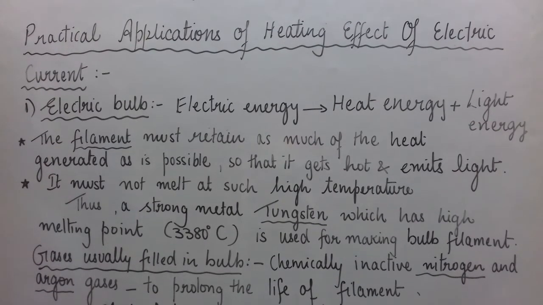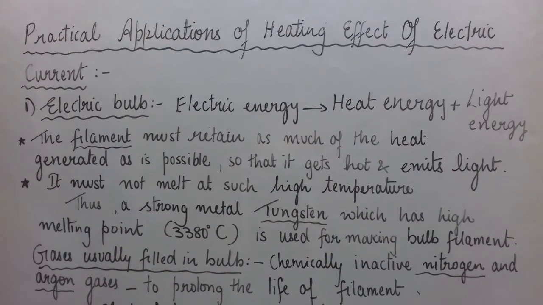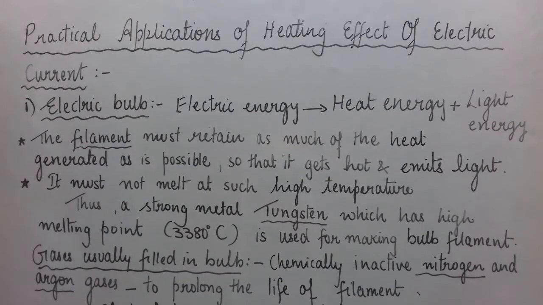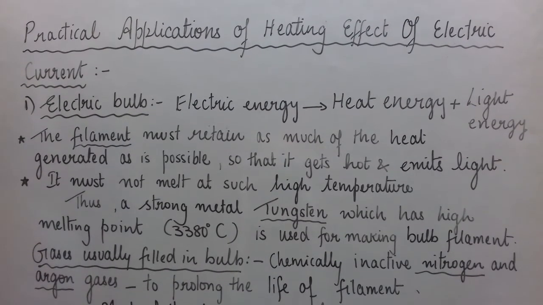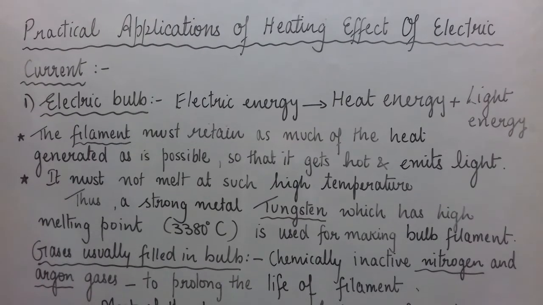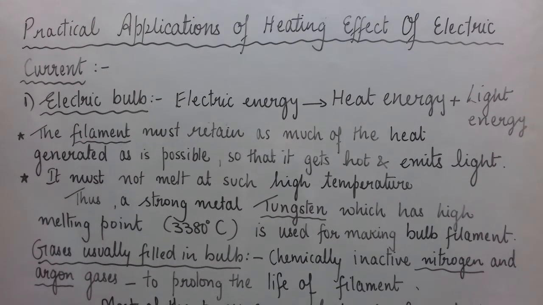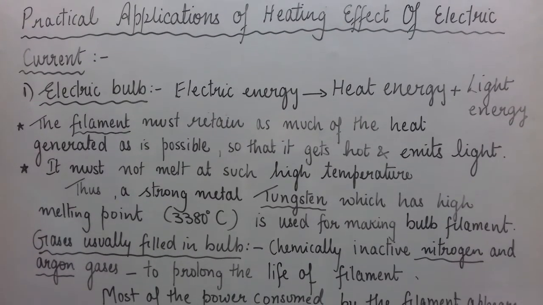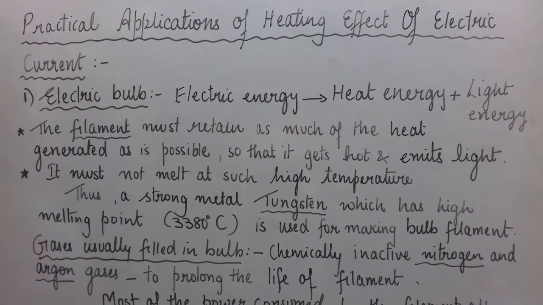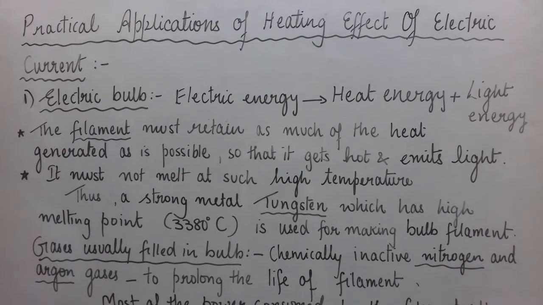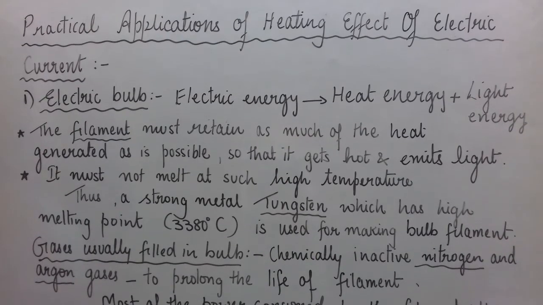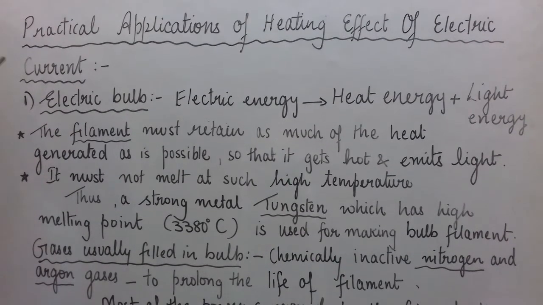When the circuit is purely resistive, then the entire electrical energy gets converted into heat energy, because there is no other work to be done in that circuit. It is purely a combination of resistors only. So here the entire electrical energy gets converted into heat and it is desirable. I hope you know the names of such devices: electric kettle, electric heater, electric toaster, electric geyser, and so on. Now let us see practical applications of the heating effect of electric current.